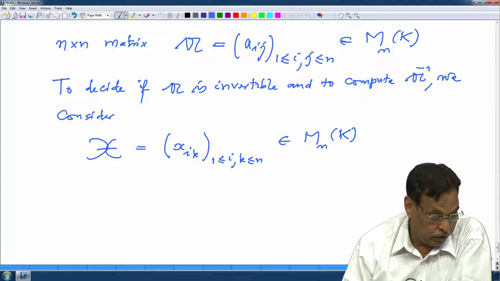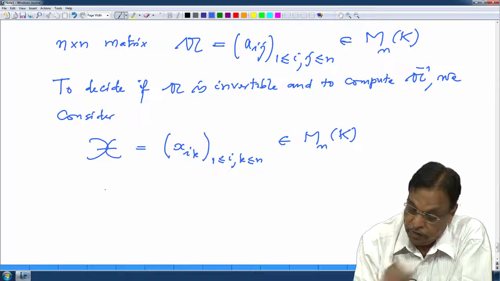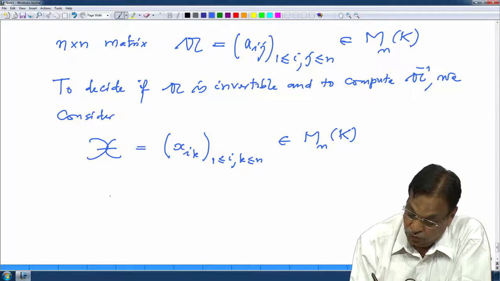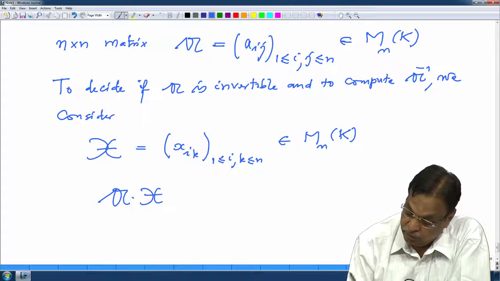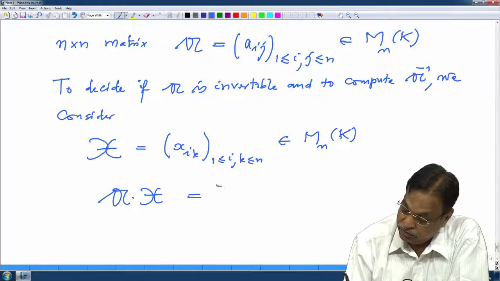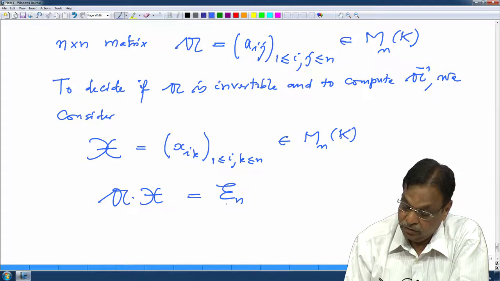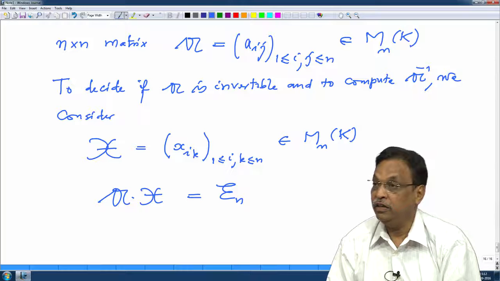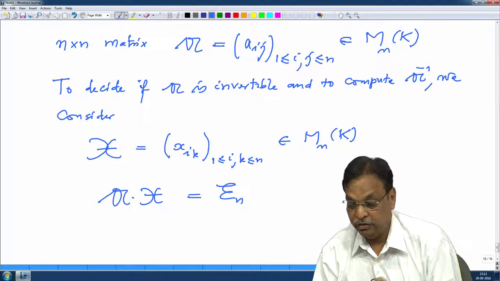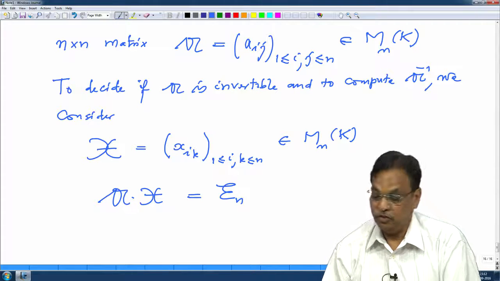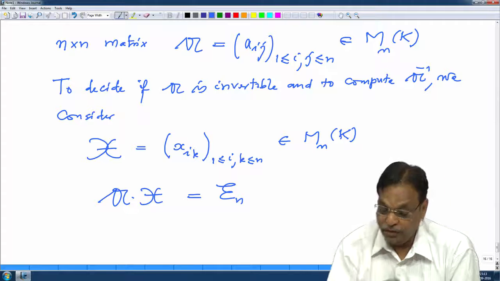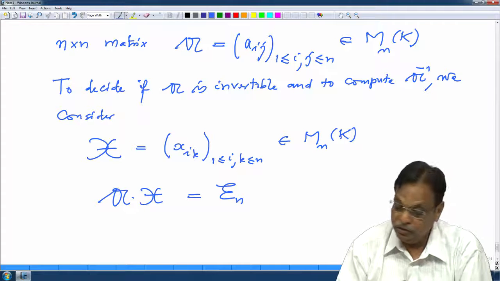So, what are we looking for? We are looking for such a matrix X, so that A times X becomes the identity matrix. So, I want to compute this x_jk, so that this equation holds. But what does this equation mean? Let us write down. This means